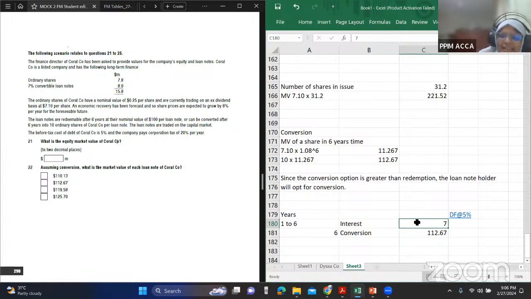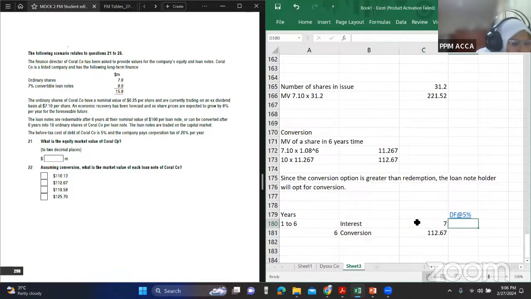Anyway, this market value is an estimate. You can't expect it to be correct for all the values that you're taking. So if it is a constructed response, don't worry. Anyway, you'll get the full marks. If it is an MTQ, then just choose the closest answer, because you know that your technique is correct. Yeah, you know that what you are doing is correct. This is happening because of the estimate difference.